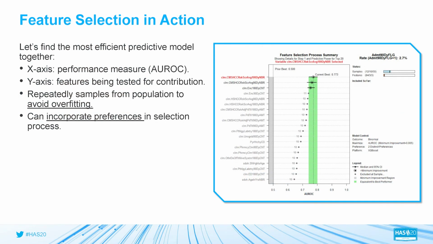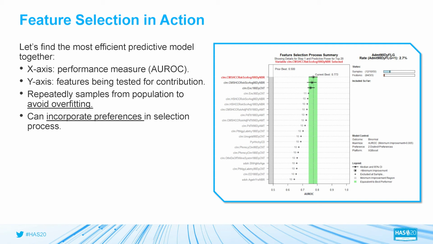So the next step that we take after looking at all the features that we might is to try to build the most efficient model that we can. And we have a specific process and set of tools for doing this. We're looking at an example screenshot on the right-hand side where it goes through and does add each feature, trying to find the most efficient model that it can so that it's simple and easy for the users to know why it is that the model's working the way that it is